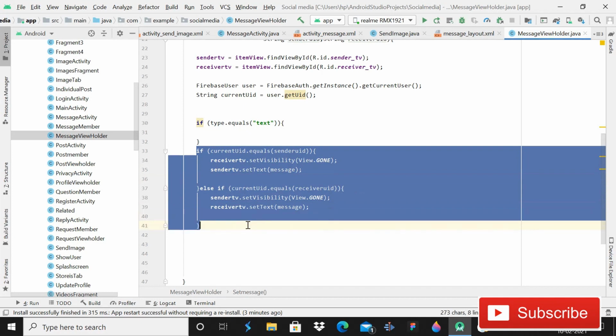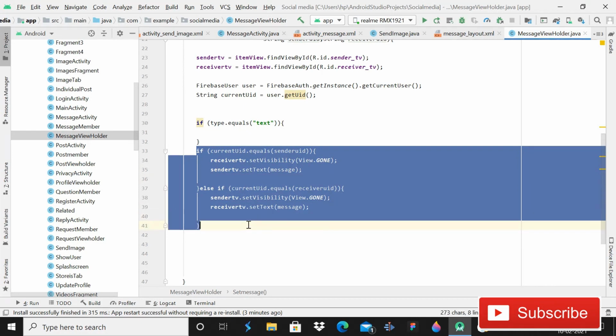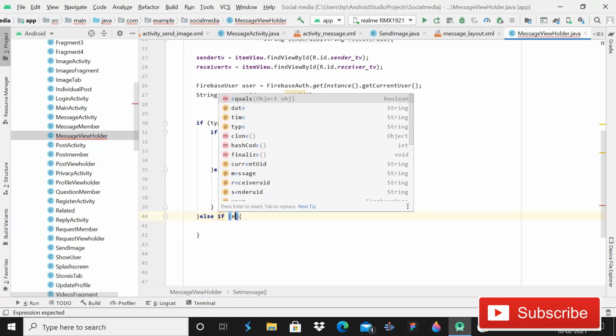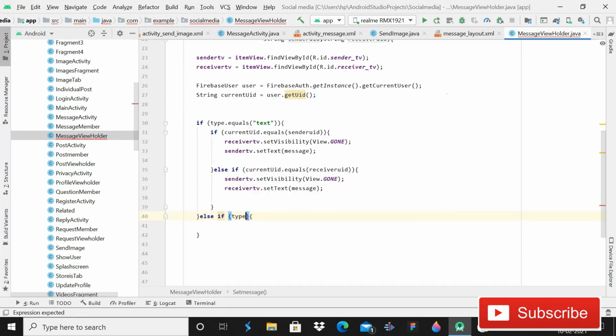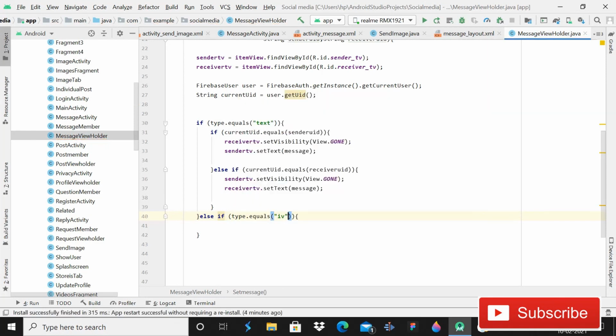So if type equals text, we will simply Control+X, Control+V, and else, so if it is not text, else if type.equals IV. So if it is an image view, else. So for now guys, we will handle the case that it is an image view.